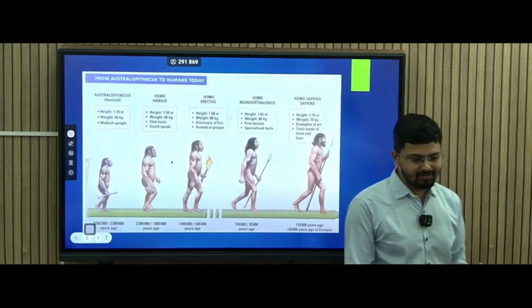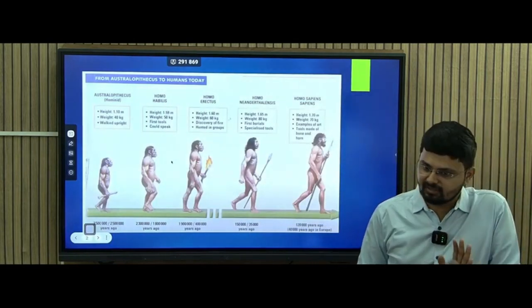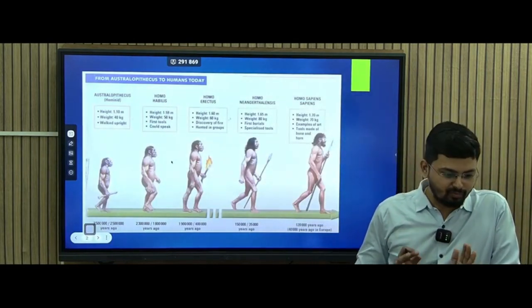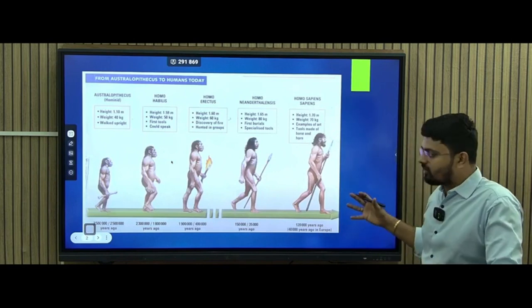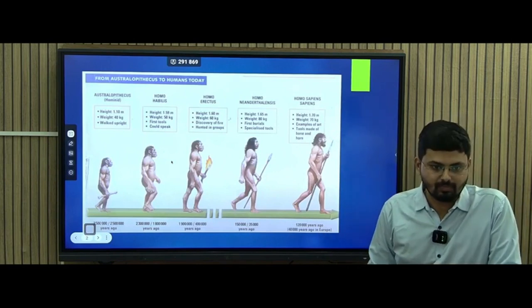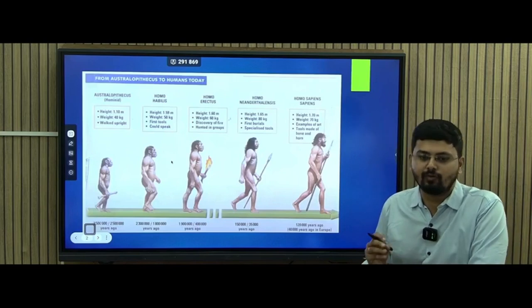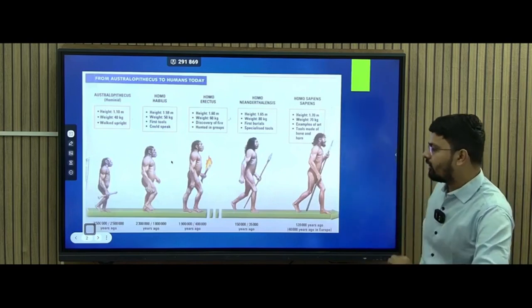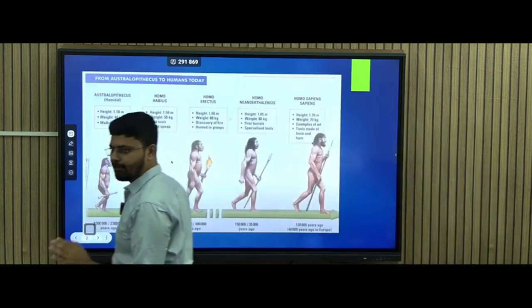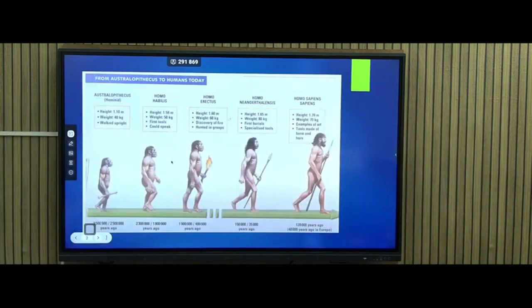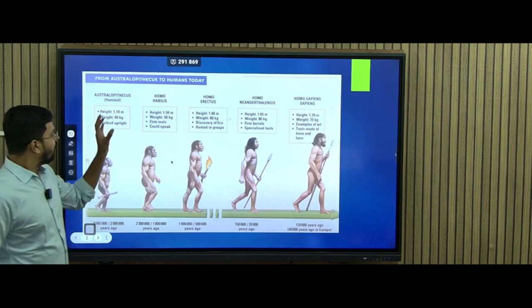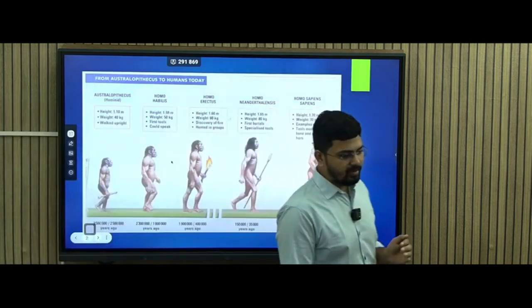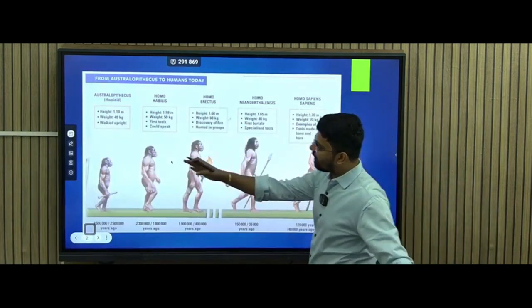See, I'm telling you one thing, don't get afraid by seeing these names. You might feel like these names are completely new, right? And it sounds a little scary when you listen to it for the first time. But you need to understand that it is simple. Right. Australopithecus, so it is where we have